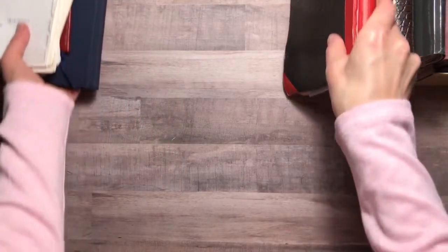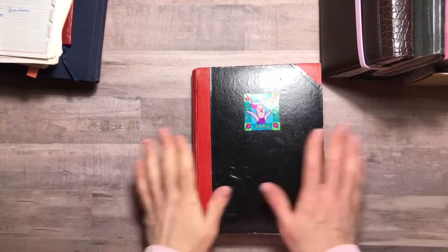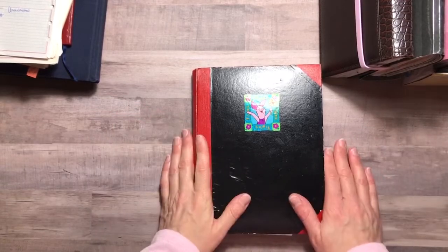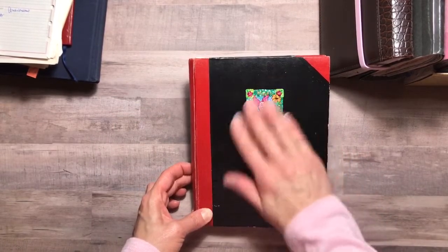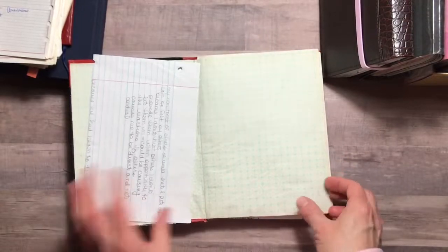And then I went to this journal, which I thought, okay, I'm going to start again. Like, that's my thing almost every year. I'm going to start this year. I'm going to do a whole year of journaling. Yeah, that's the goal. Of course, this is mine with little Piglet on there. Isn't he cute? And then when you open it up,